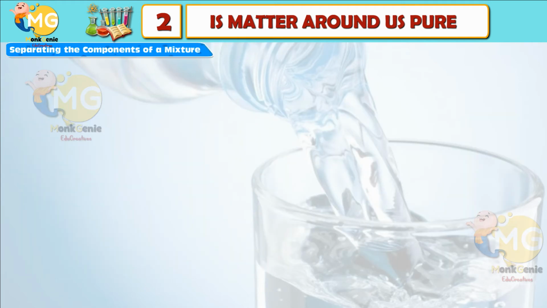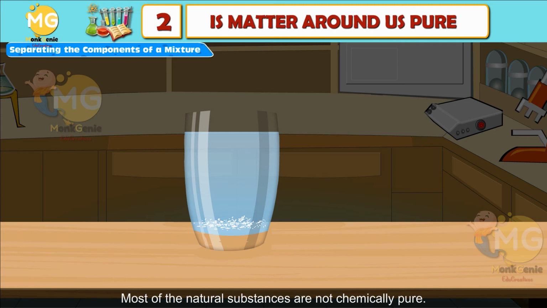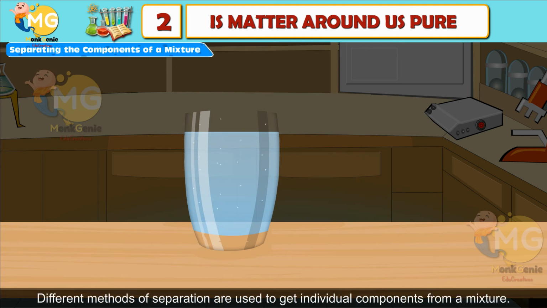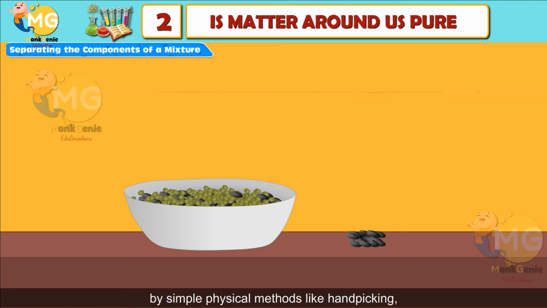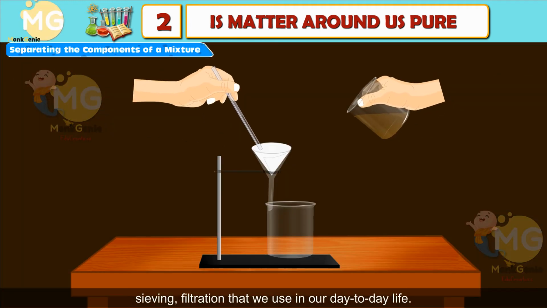Separating the components of a mixture. Most of the natural substances are not chemically pure. Different methods of separation are used to get individual components from a mixture. Heterogeneous mixtures can be separated into their respective constituents by simple physical methods like handpicking, sieving, filtration that we use